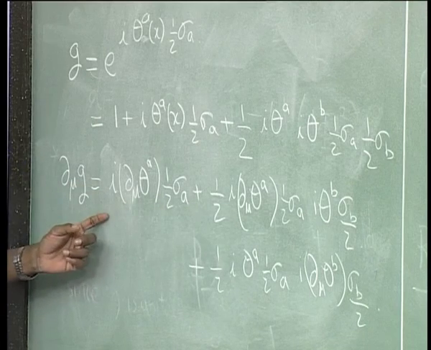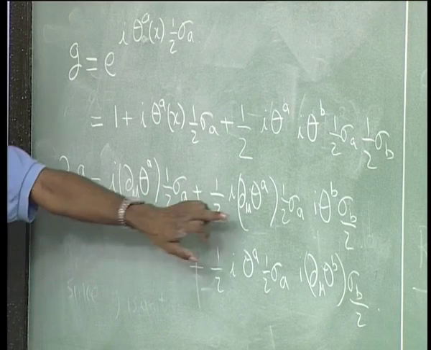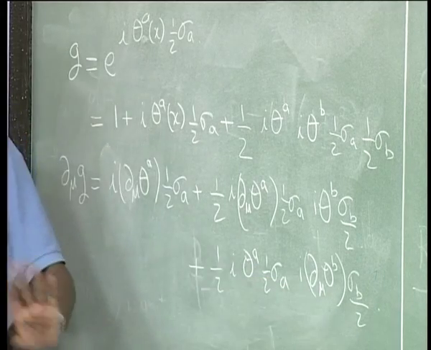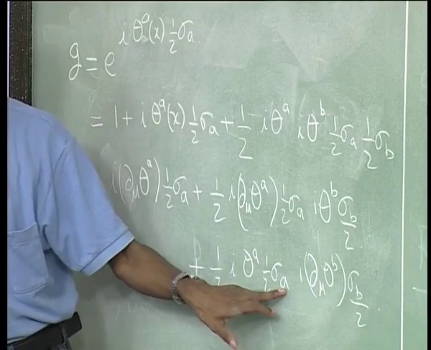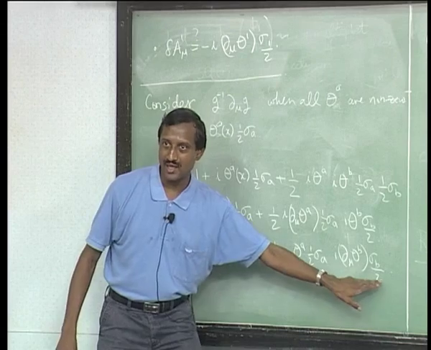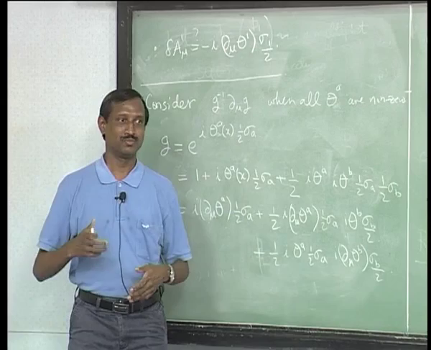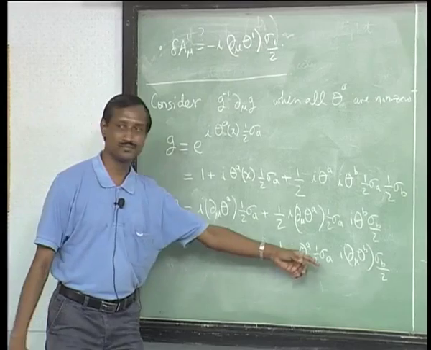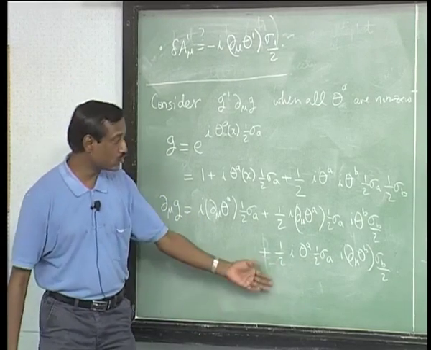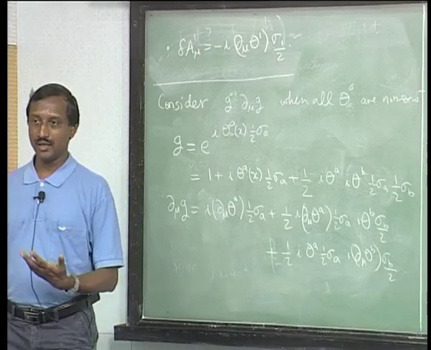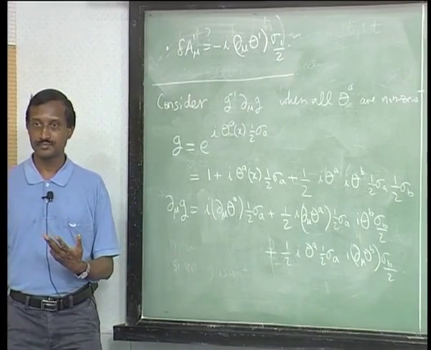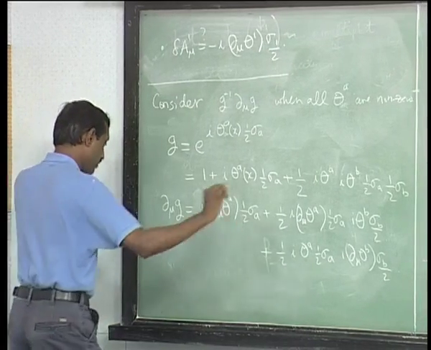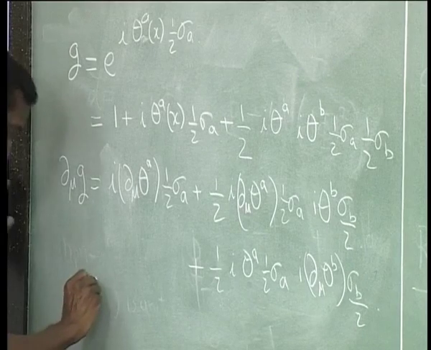Okay, I will try to pull it out, but then first thing is this is a half, this I can pull out, but if I want to pull this, you may think fine, I can relabel this dummy index, I can call this B and I can relabel this as A, but it is on the other side, so I cannot pull it through. So there is not a simple way of writing this out, it is a whole bunch of terms. You can see if you go to the cubic part, you get 3 terms, okay, and it keeps getting worse and worse and worse. Okay. So what I am trying to say is that this is not equal to